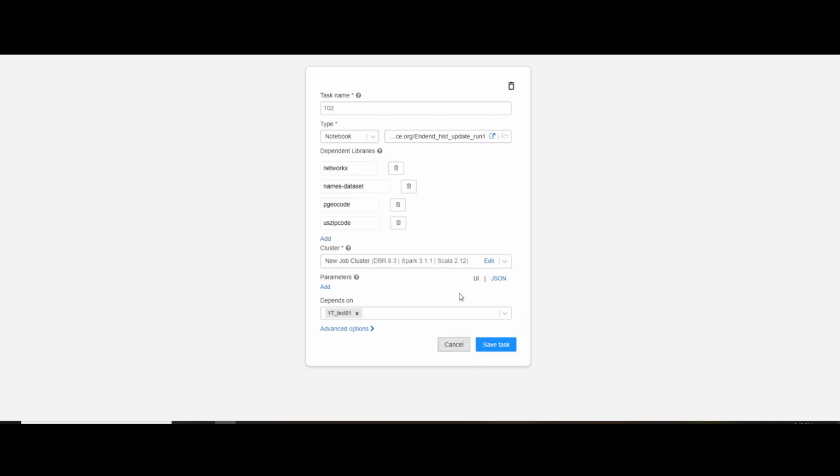It will automatically pick up the default name, but in case you want to remove it, you can remove it from here. Because I have clicked on depends on, I have an option of depending on my previous task. That is why you can see the linkage over here. My task T02 will be executed only when my YT_test_01 is complete.